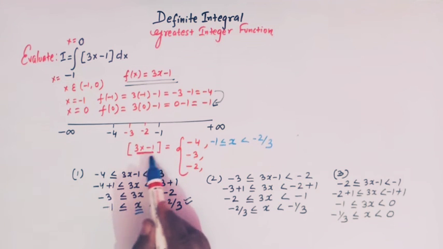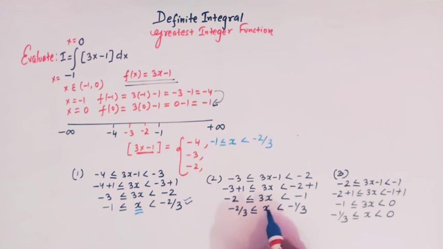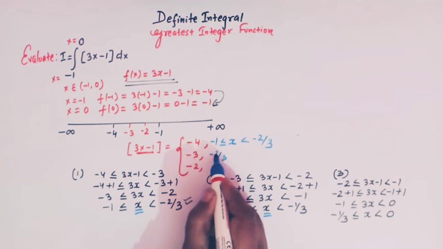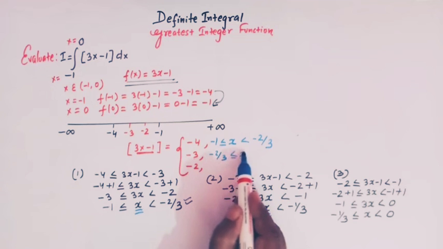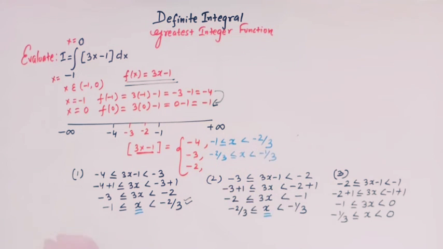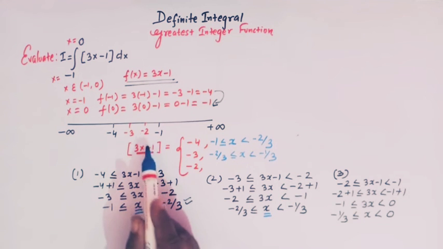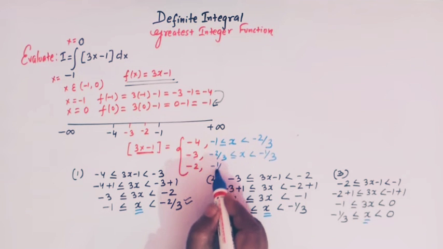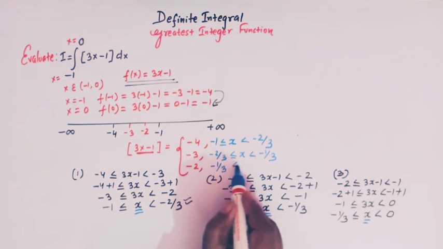And the value of this function is minus 3 whenever x lies between minus 2 by 3 and minus 1 over 3, right? And the value of this function is minus 2 when x lies between minus 1 over 3